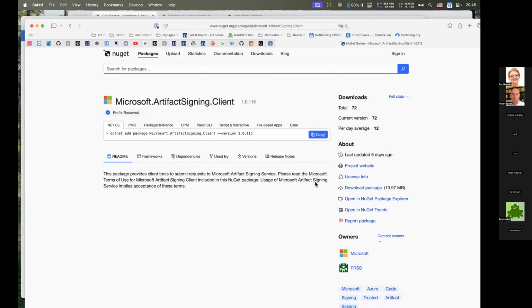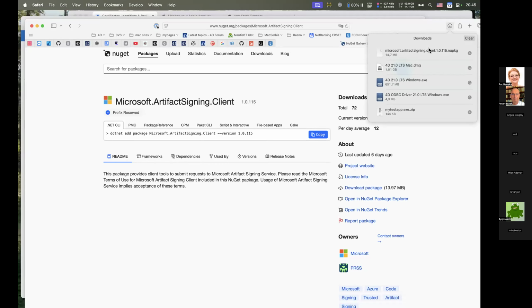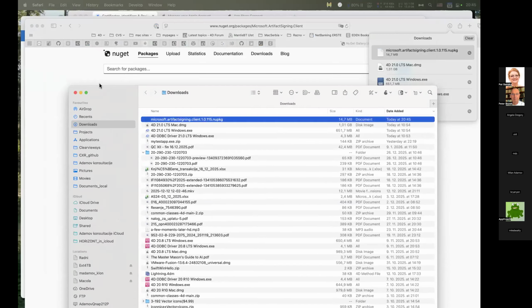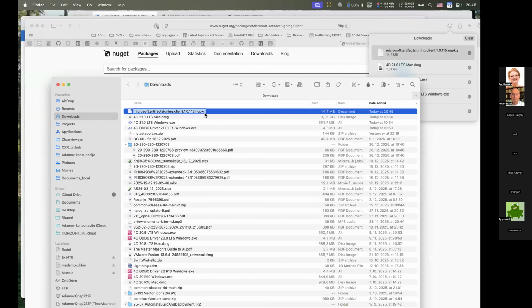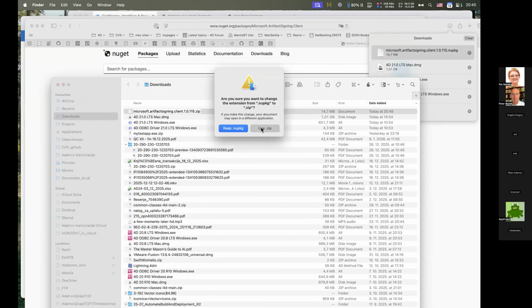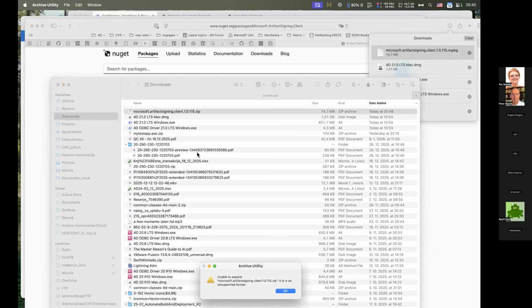Allow. The only thing that you need from this package is inside it, so rename this to zip, then extract it. Why can't you do it? Unsupported format.